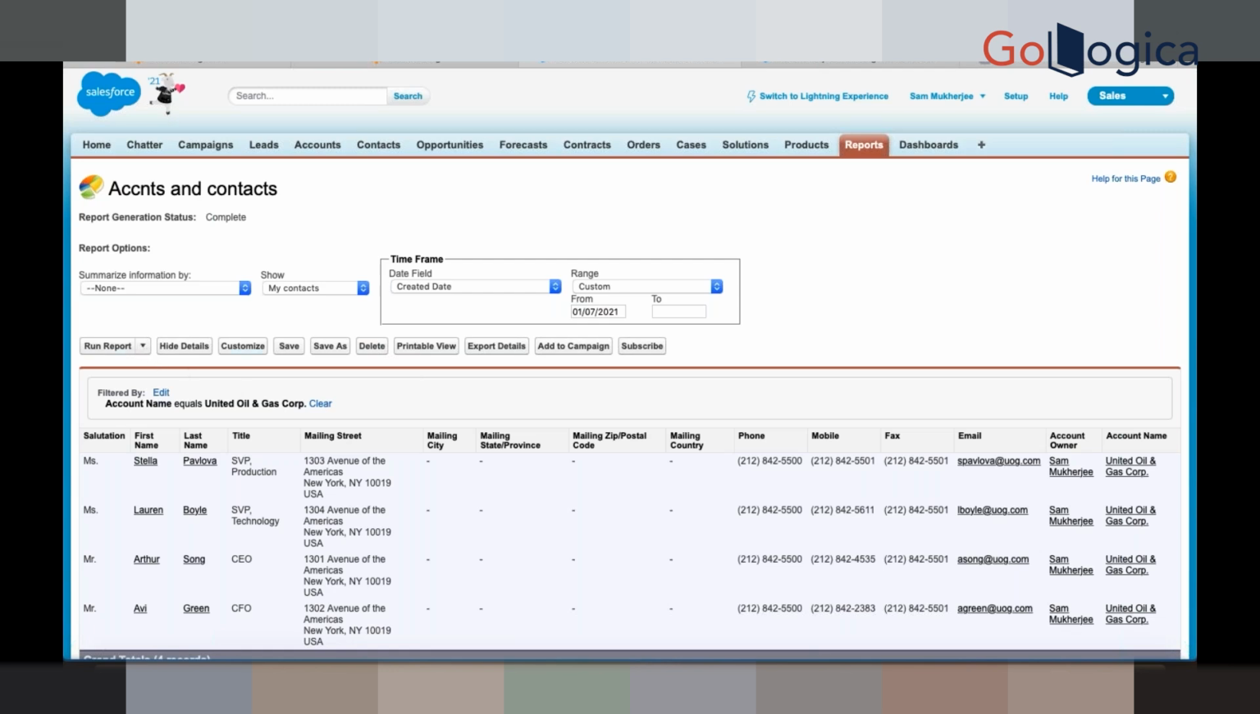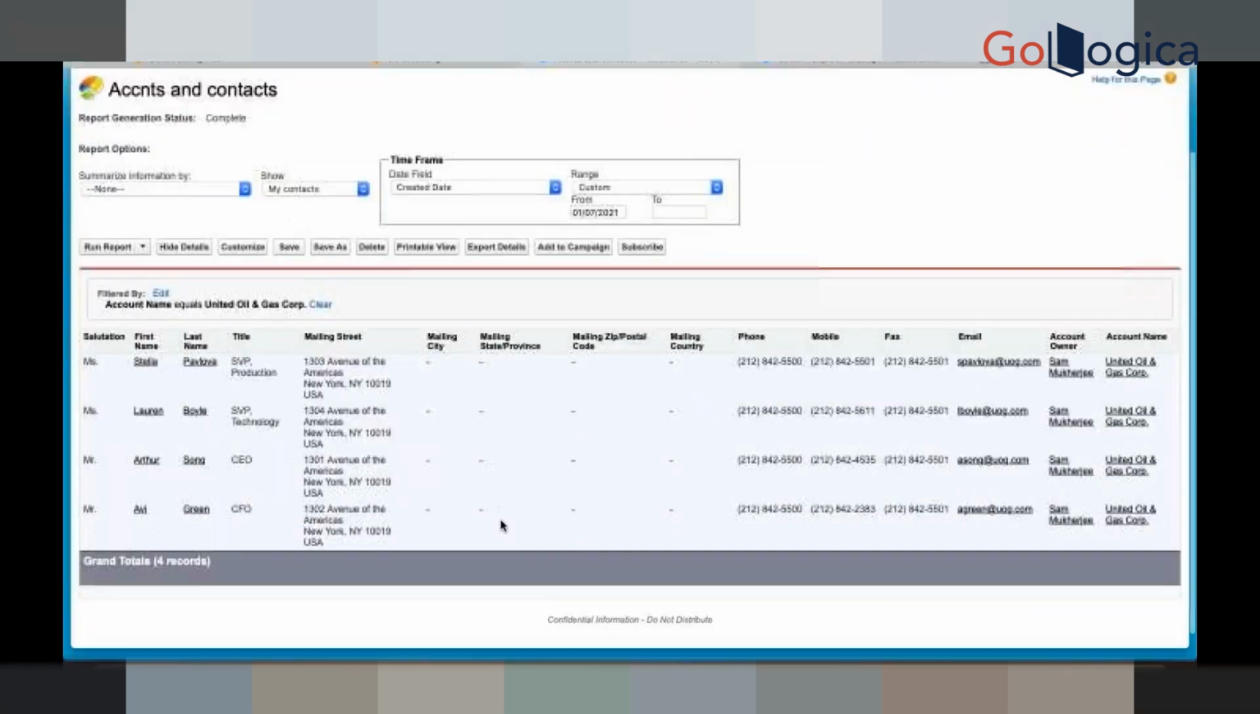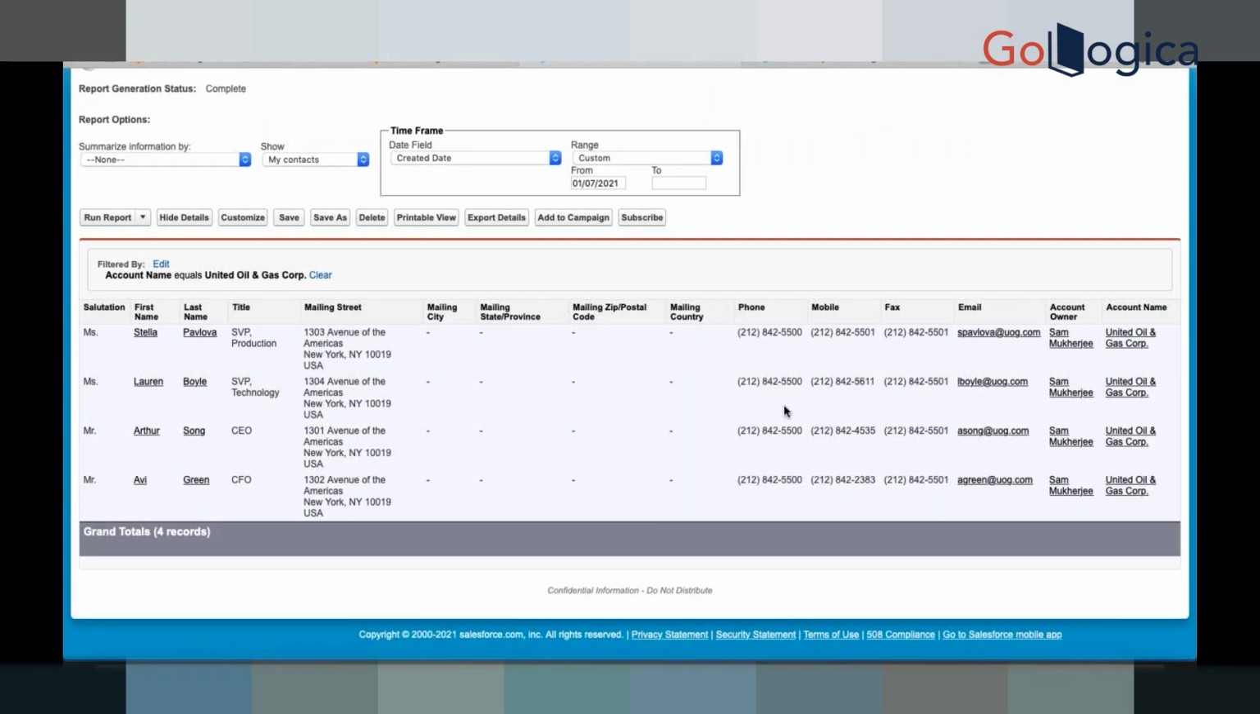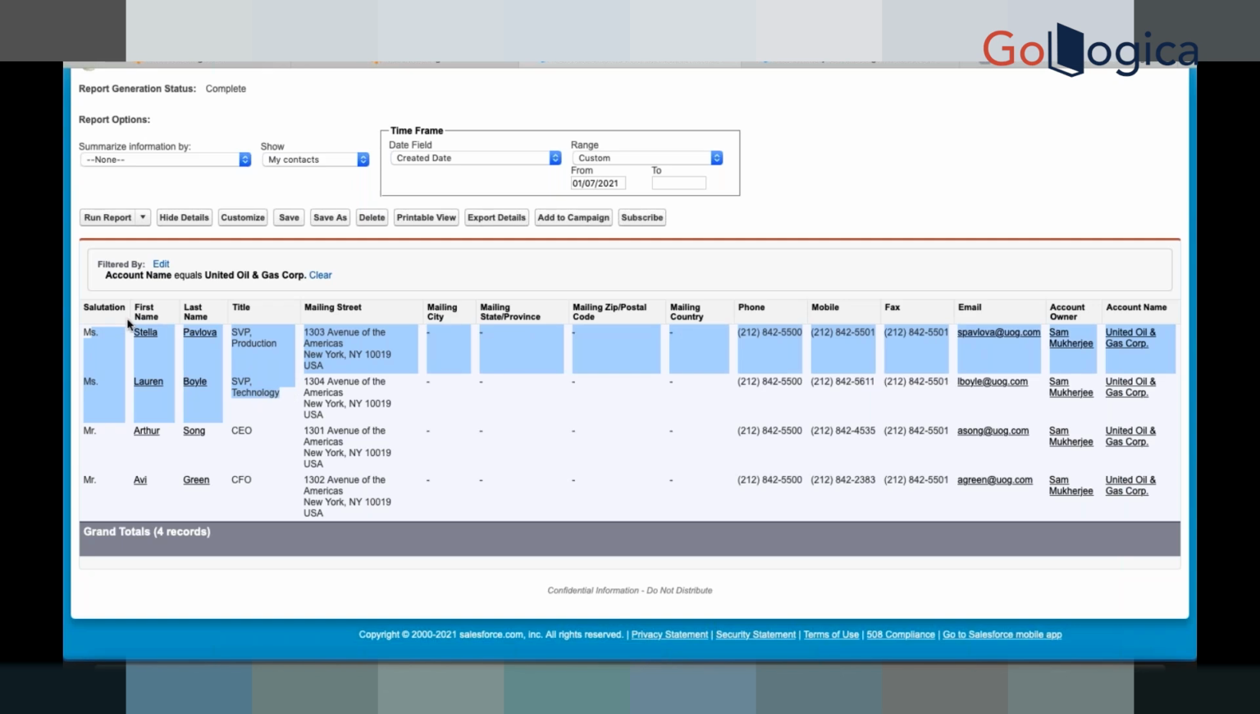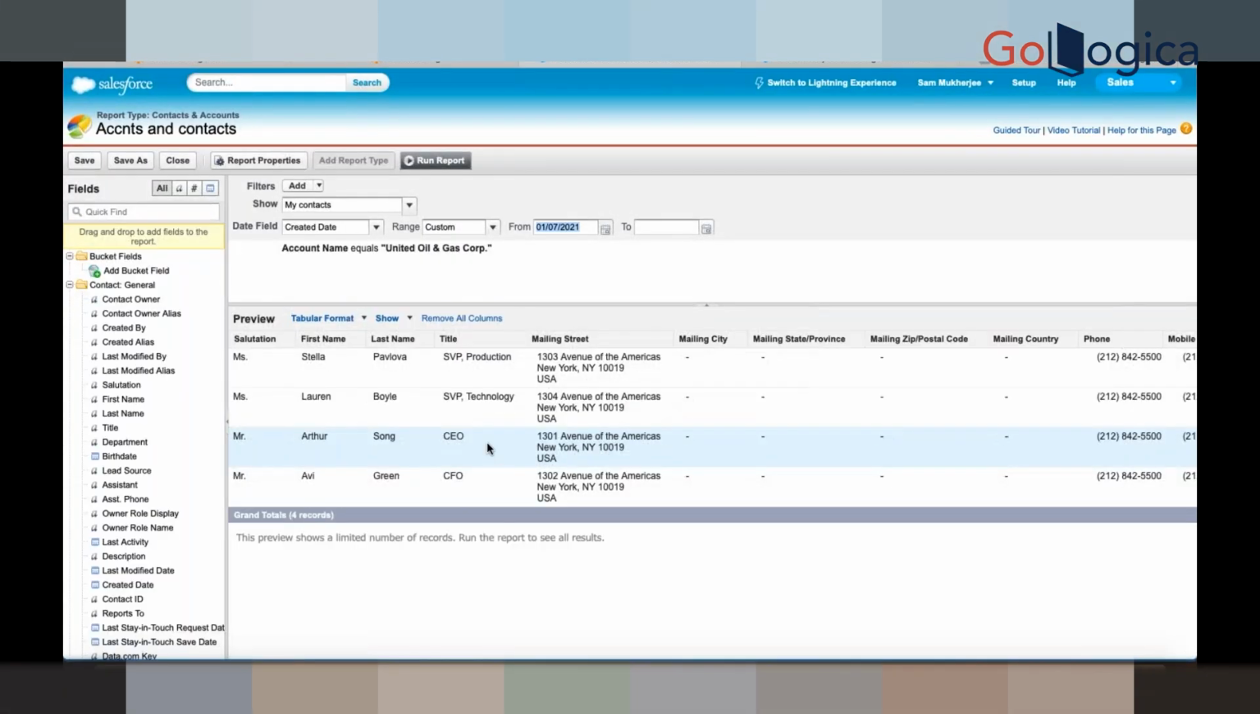Now, can we join the reports? This is only one table, but these are two objects, account and contact. This is the join report. This is account and this is contact. You can see, these are the contacts, and this is account. So this is the join report. Clear? Yeah. Now let's say if I use customize, in the customize option, what I can see over here is